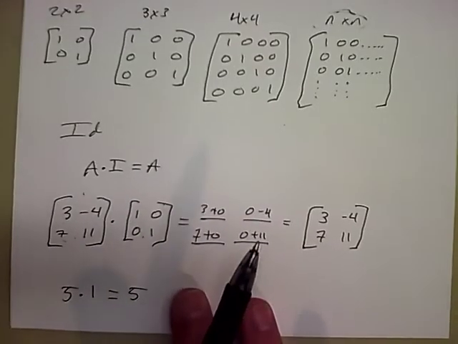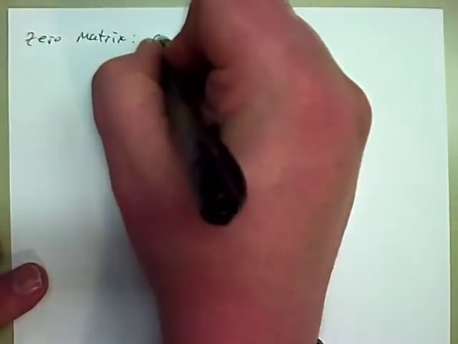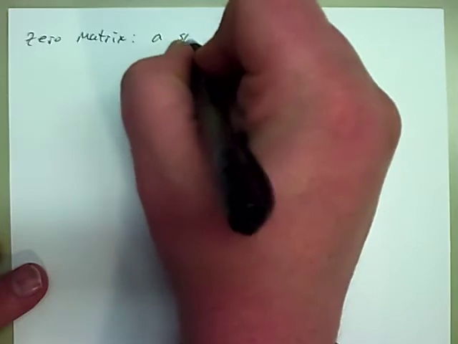Now let's take a look at one called the zero matrix. So the next one is the zero matrix. This is a square matrix